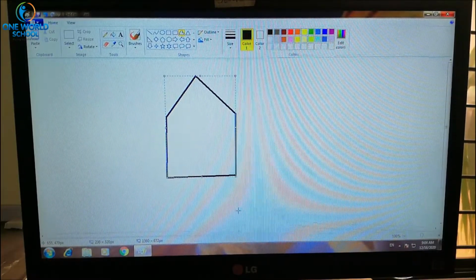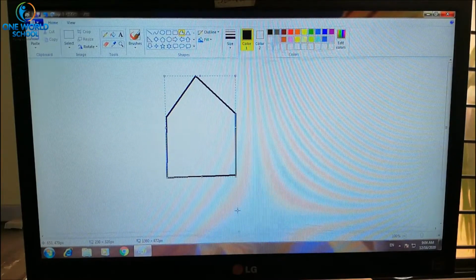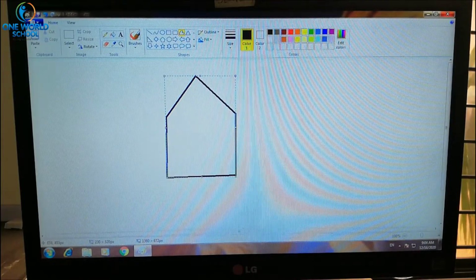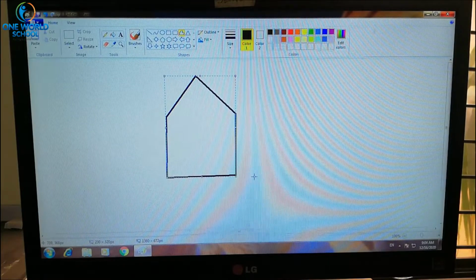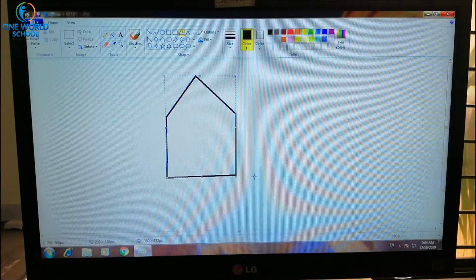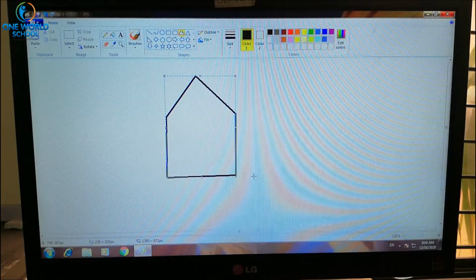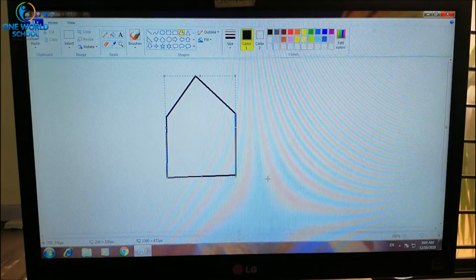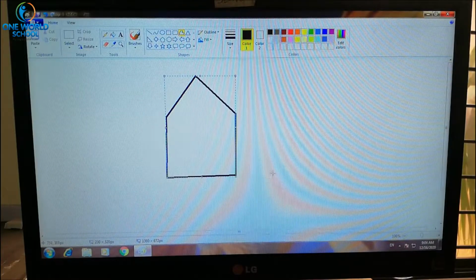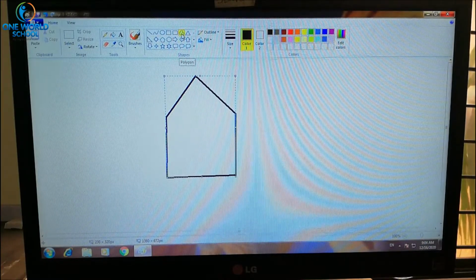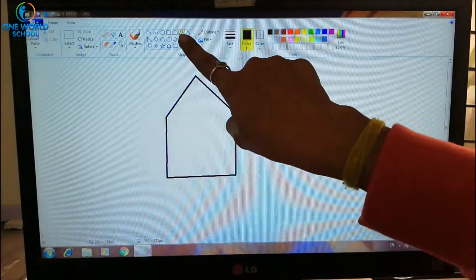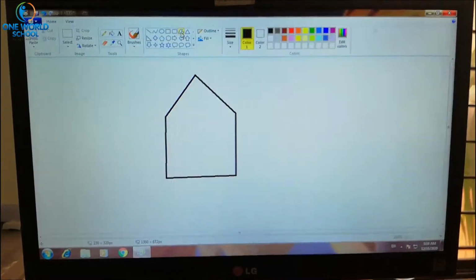This is the way you can use the polygon tool. With the help of the polygon tool, you can make any closed drawing. You don't need the line tool all the time. Now another one. We have to click again on the polygon tool.